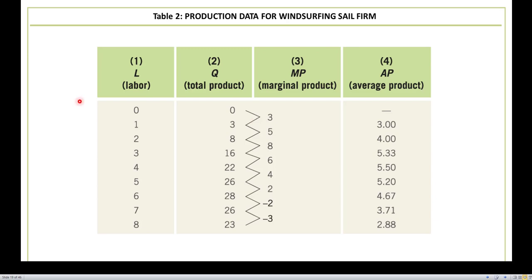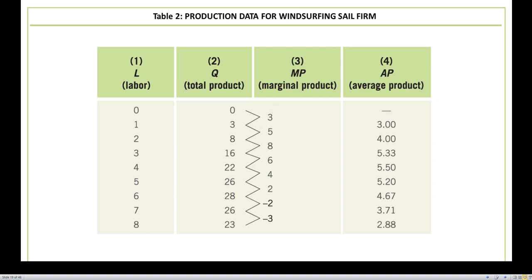And once again, because we are going by units of 1, you're going to notice that the zigzag pattern emerges just like what it did in the previous chapter with marginal utility and total utility. 0 plus what number will give us 3? There's 3 right there. 3 plus what number will give us 8? It's going to be 5. 8 plus what number will give us 16? It's going to be 8. And like we said before, the sum of marginal products will give us total product. So how do we get this 8 right here? 3 plus 5 will give us 8. So here, the total product for 2 units of labor is 8, and we can just sum up the marginal product for the previous 2 units.